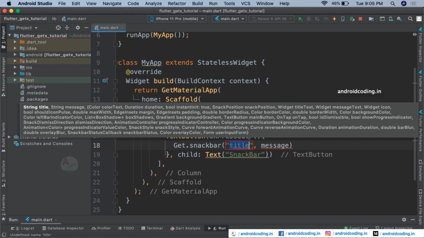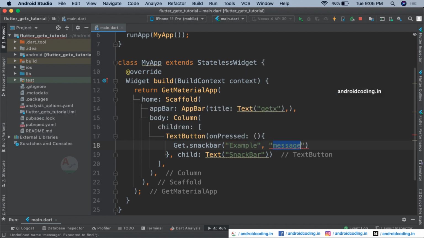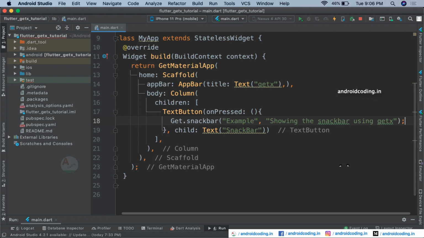So let us provide a title, example, and message, showing the snack bar using GetX. So this is the sample message I am providing here, and provide a semicolon after it, and now we are good to go. So just save your code.